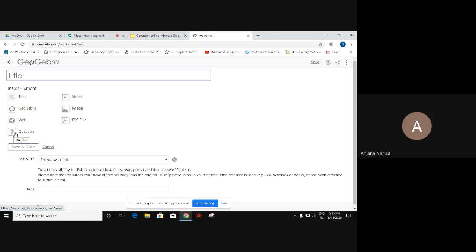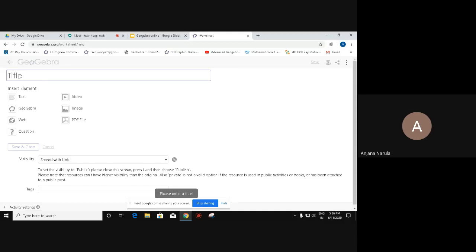Questions, as you have seen, can be multiple choice questions or short answer questions, which we can add here. We can embed a video and write the corresponding questions, or we can insert an image. So all these options are there. It's not just that I can keep a GeoGebra applet here, I can keep some other files also. I can keep assignments containing links to other web pages or videos, or I can insert images and keep PDF files here. And then just click on save and close, and your activity will be created.